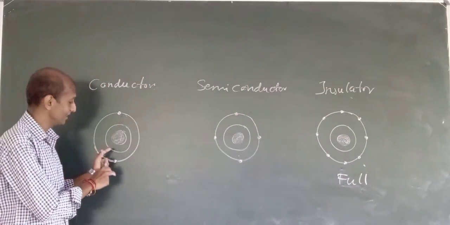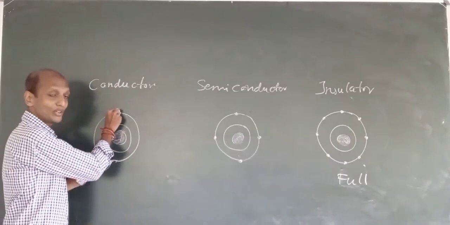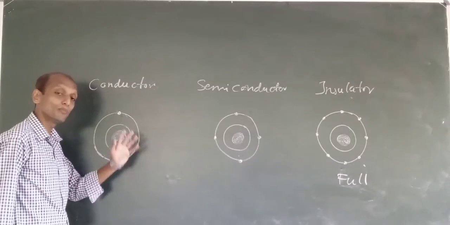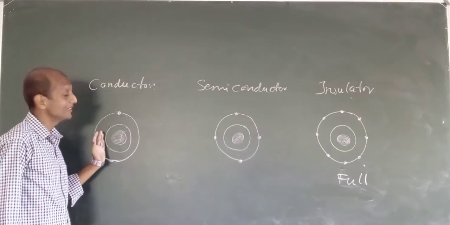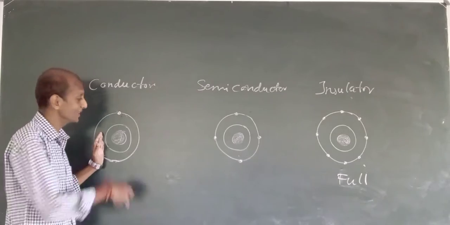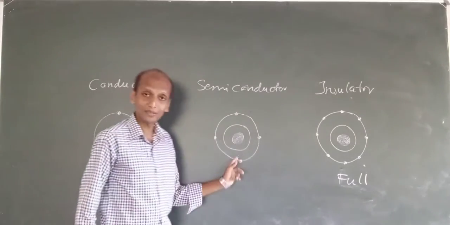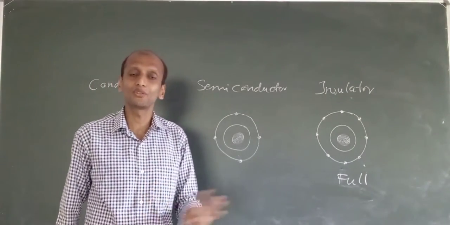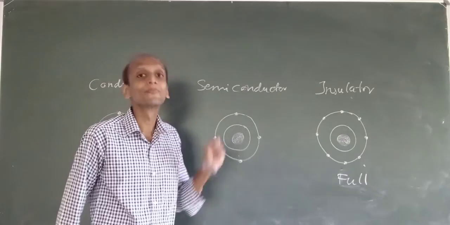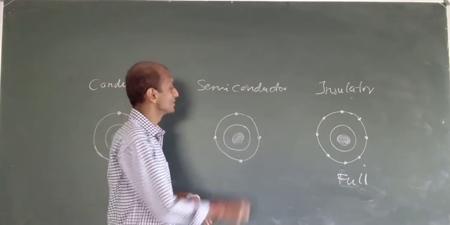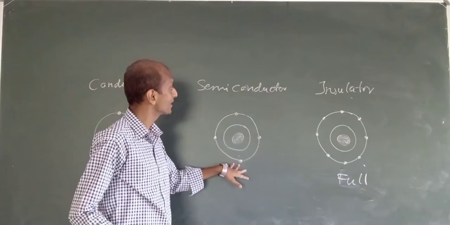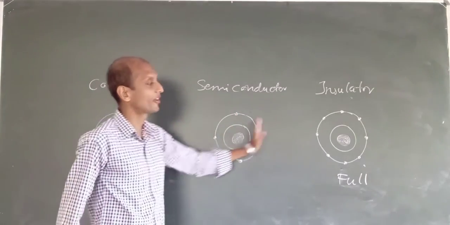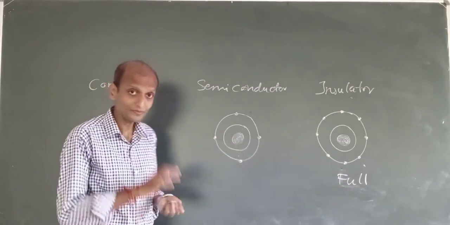Here we have only 1 or 2 persons sitting on the bench, so 7 more charges can come and sit. So it can conduct more current, so it is a conductor. Coming to semiconductor, it has 4 valence electrons. Only 4 electrons will be there on the valence orbit for a semiconductor material. Such materials come under the semiconductor category, and here I can have 50% conduction, 50% insulation. So this is how one can decide.